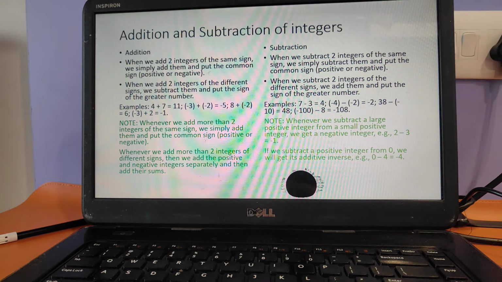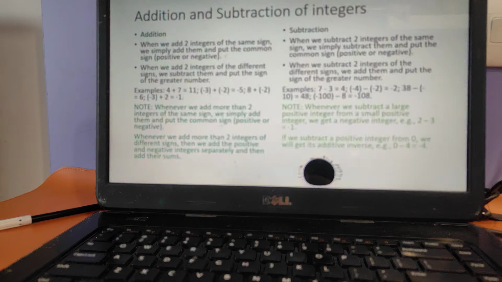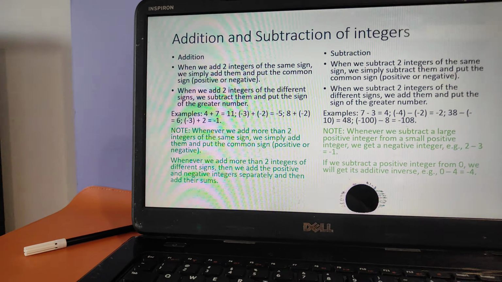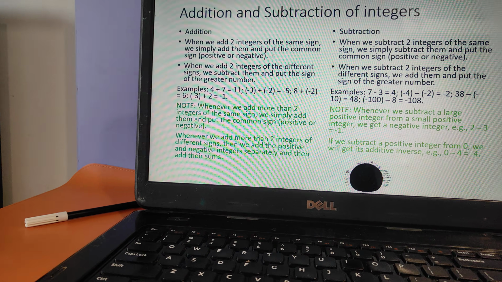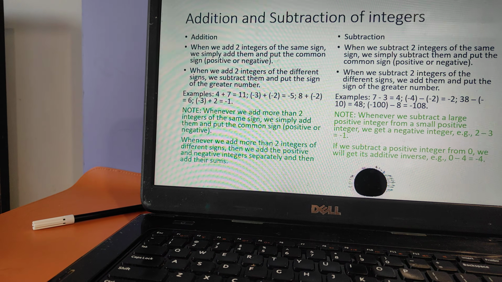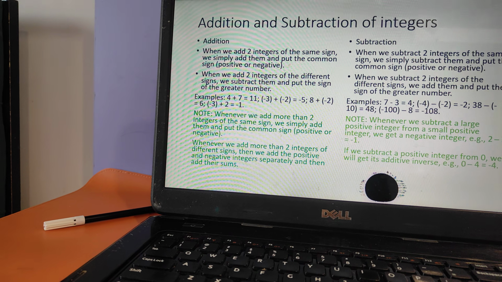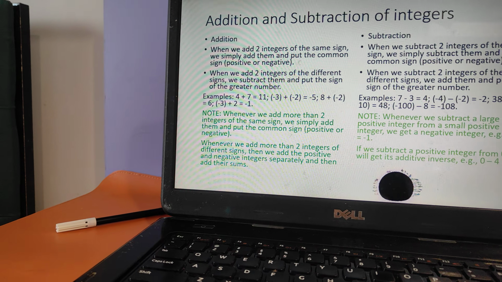Addition and subtraction of integers. Now here we use some rules to solve. In addition, when we add two integers of the same sign, we simply add them and put the common sign. Because their signs are the same, we don't have to do anything new, and we simply